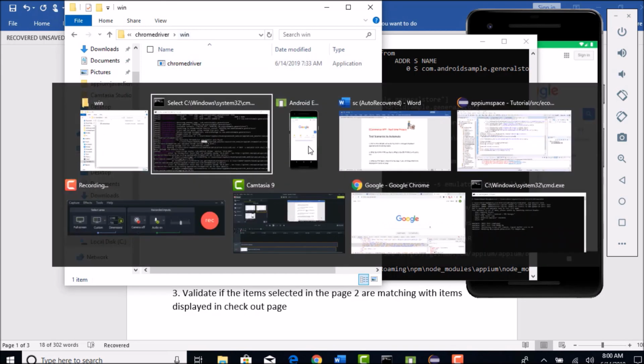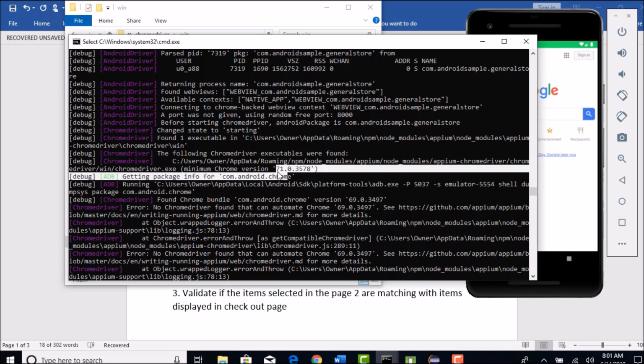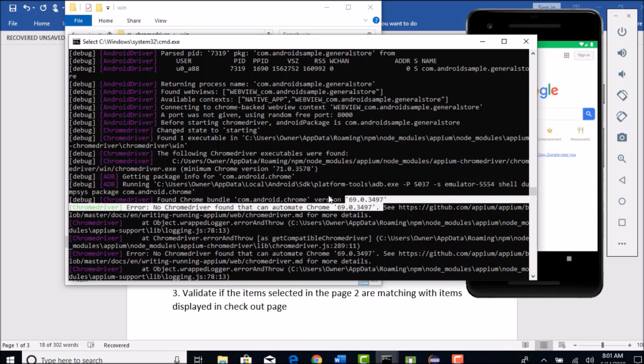Perfect, you have the Chromedriver, but the version this Chromedriver can automate is 71 minimum. When you download Appium, by default it brought the latest available. It's saying that it can only automate from 71, but unfortunately in your emulator the version is 69. So the driver version Appium is giving is not compatible with the browser in your emulator.